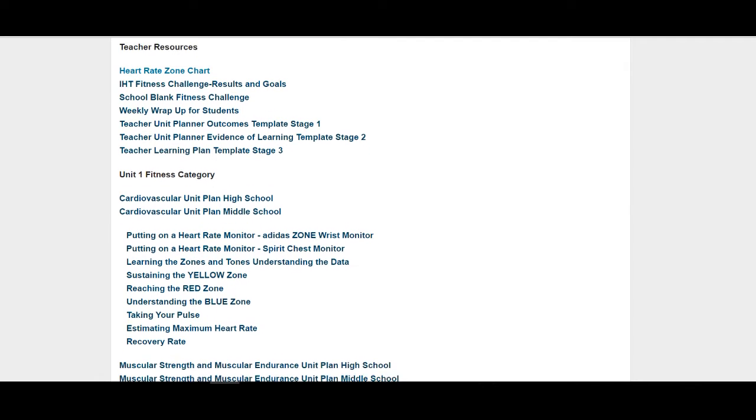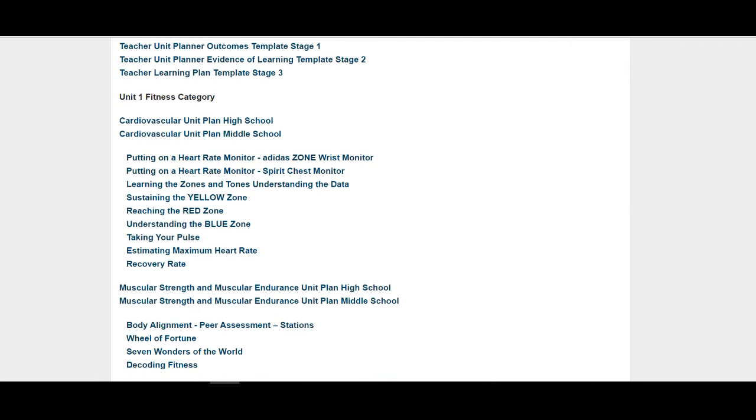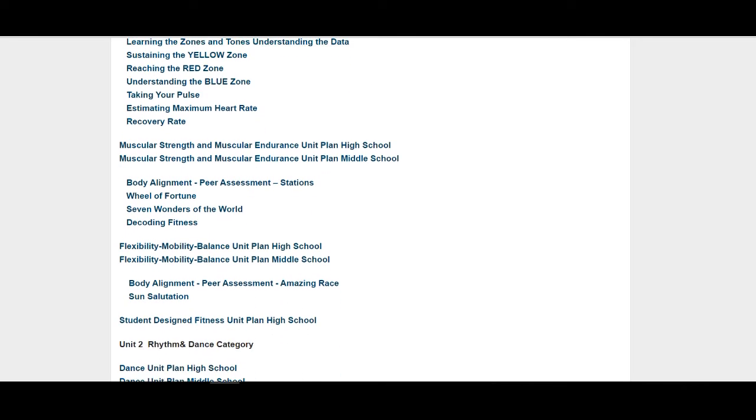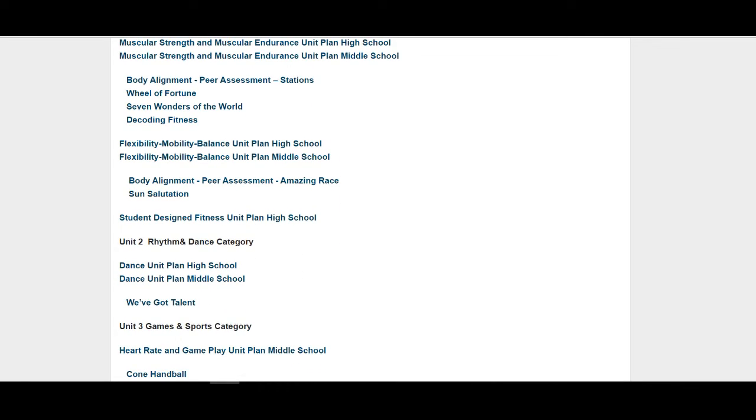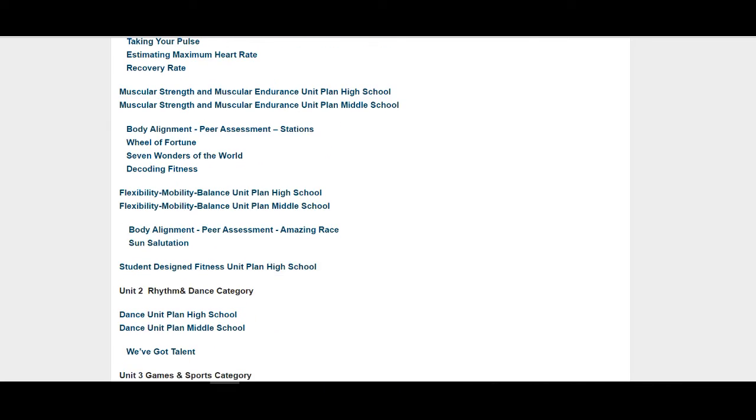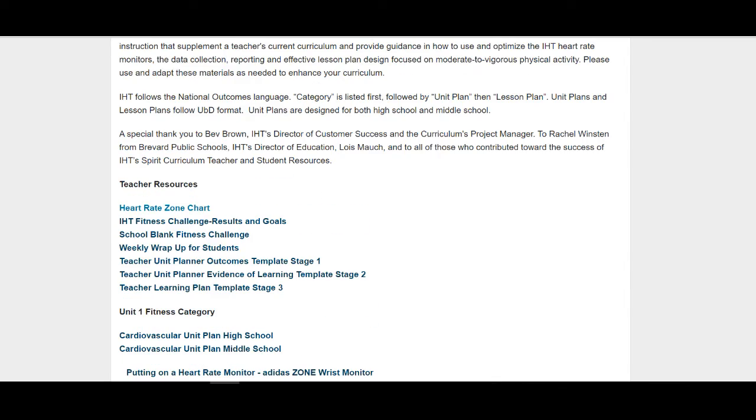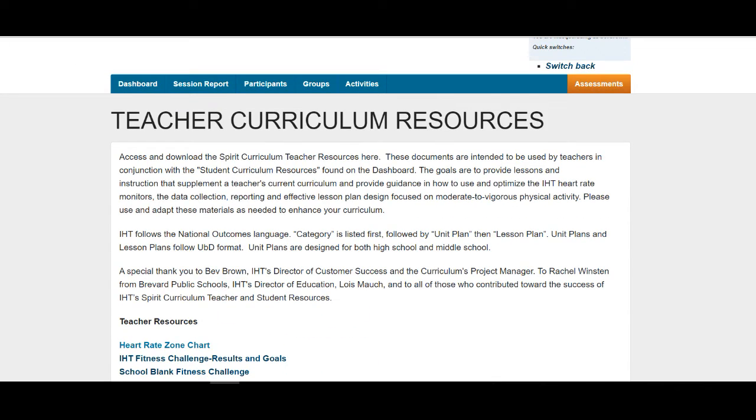And as you go down through this chart, you can see that we have fitness category. We also have dance and rhythm. We have games and sports. As we continue to work during the summertime, we as a staff will continue to build on the lessons that we provide for our customers. If you go back to the dashboard,